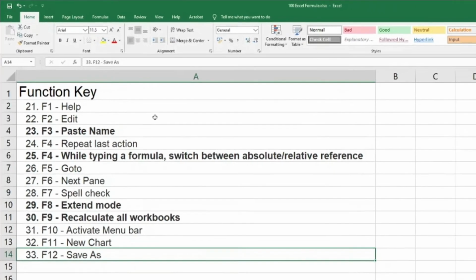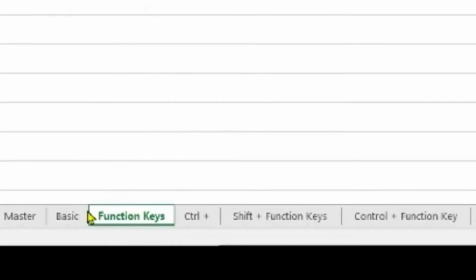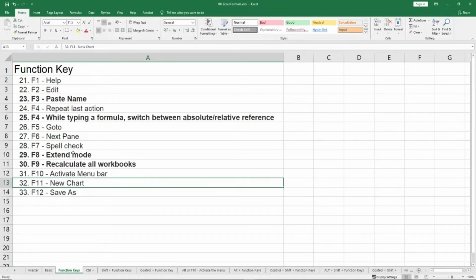F6, I am here. Let me zoom, you may not be able to see it here. Currently I have highlighted the function keys, now Control, now Shift plus Control, and so on. Coming back here, this is very useful, especially if you want to go to the next pane, either using Control Page Down or using this and then going to the next sheet.